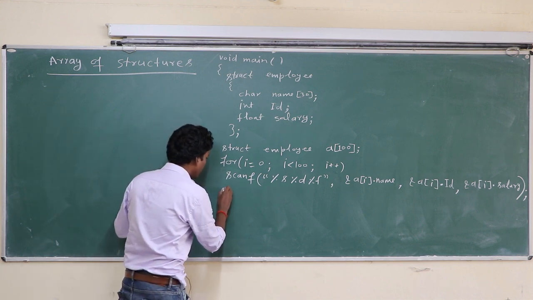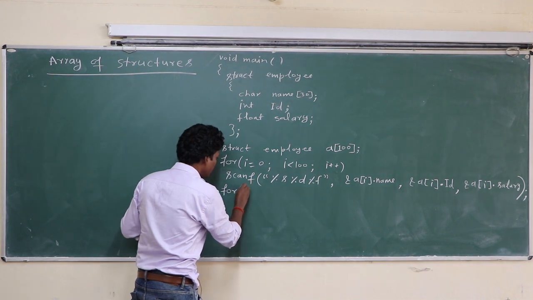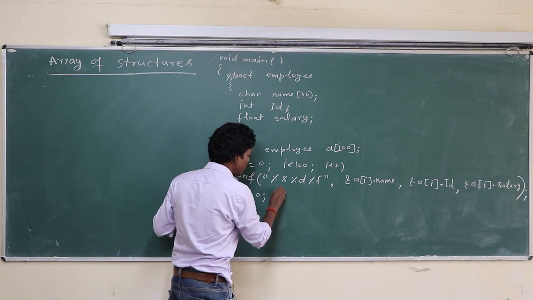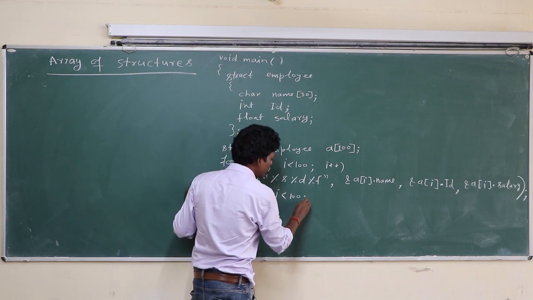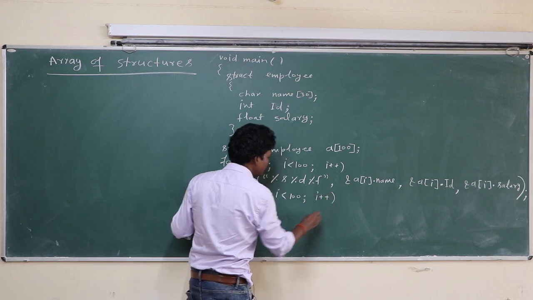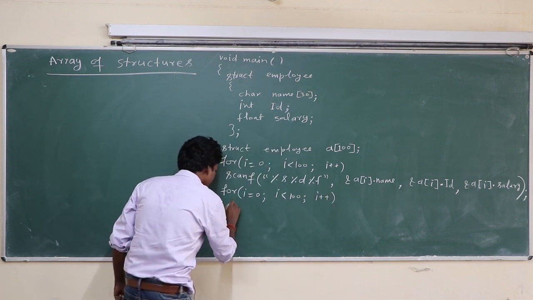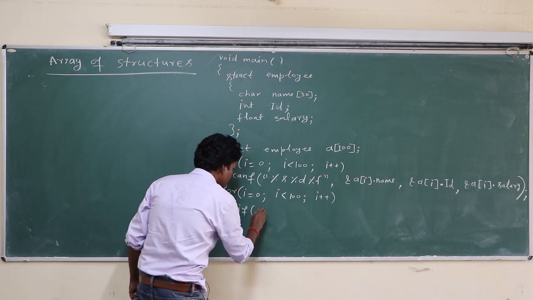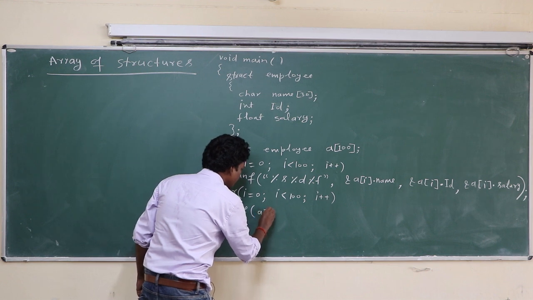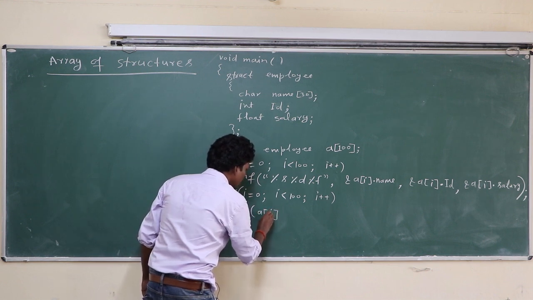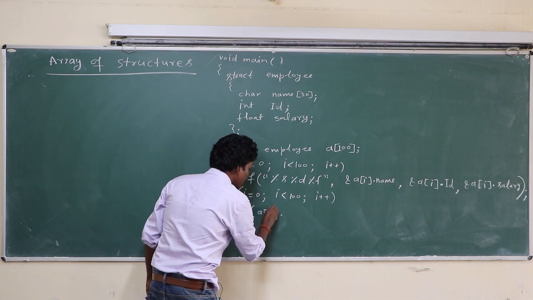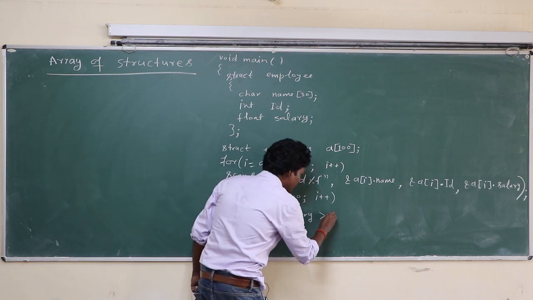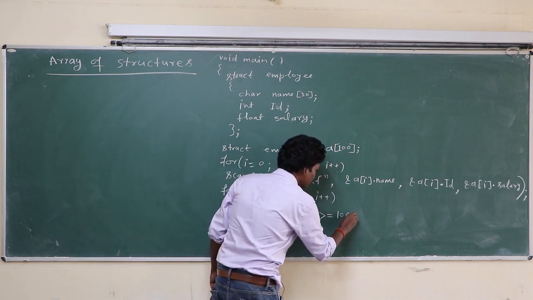Okay, now for I equal to 0, I is less than 100, I plus plus. Here if A of I dot salary greater than or equal to 10,000,